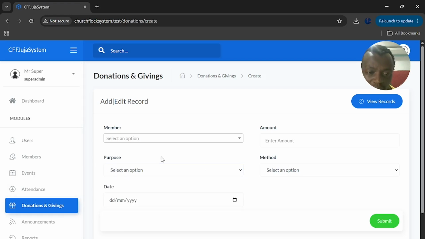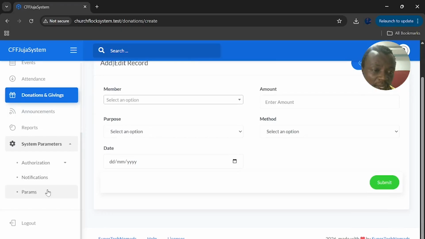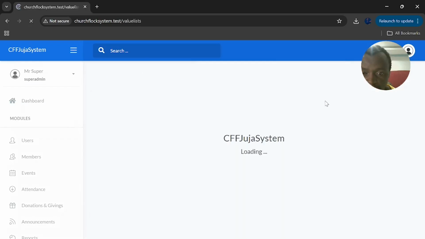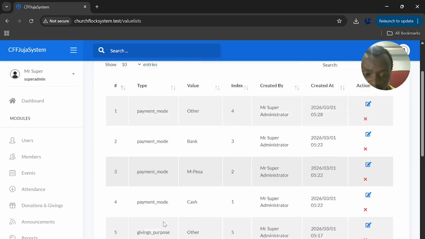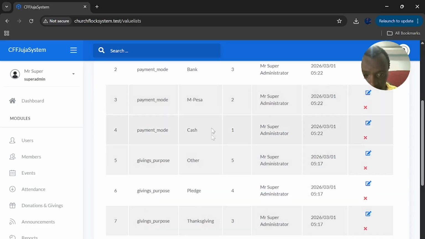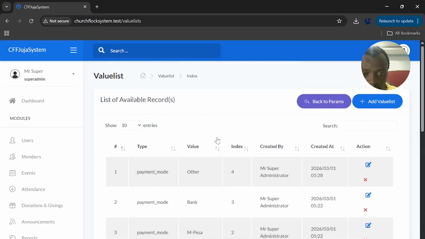Now, instead of the way you could have gone, oh, developer, where are you, you can now go to the params and maybe go to the value list, and then you can add a value list. Let's see whether we have givings purpose. Even you can search the value. So you search by the value so that you know, on those values where we had the purpose, we had maybe tithe. So if you search tithe,